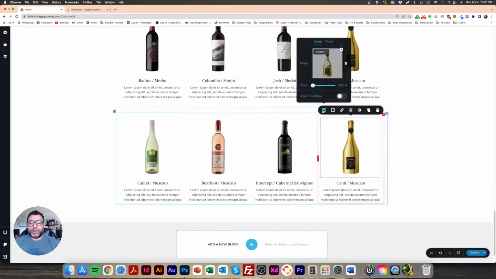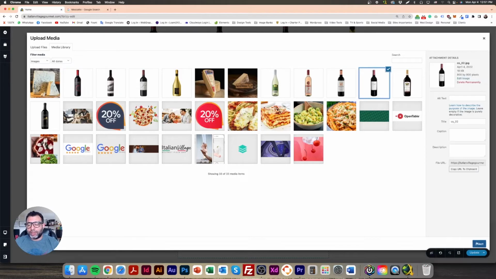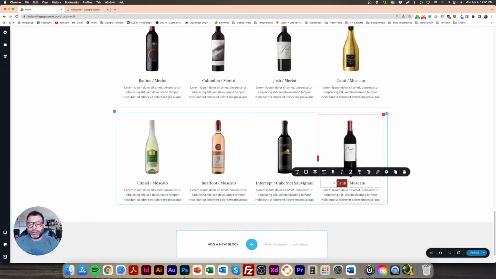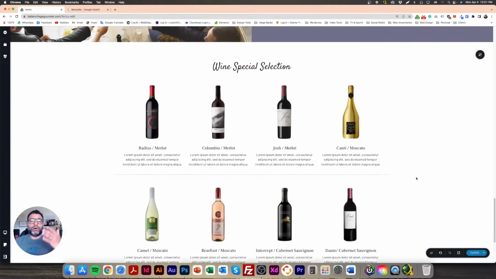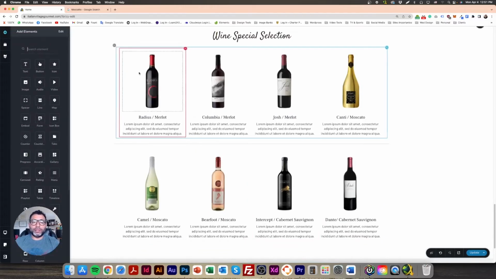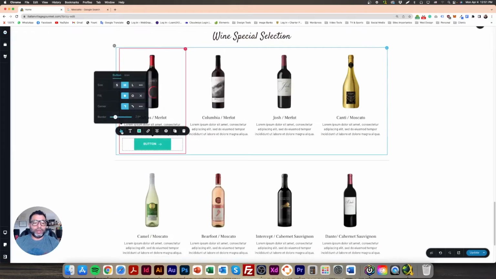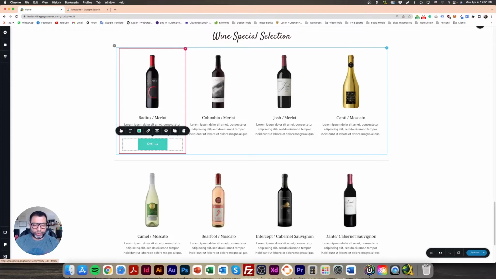So now the last Cabernet Sauvignon, let's just keep 8 wines. Which one are you gonna take? Let's take the Dante. And let's copy this text from here and paste it and just change to Dante. All right, so now we have all our wines here. They're perfect. So let's add a button right here at the bottom, and this is the button for all the wines. So we can just add order,